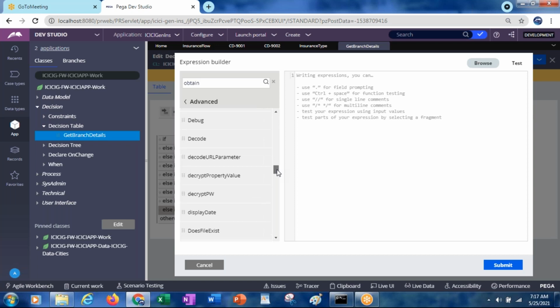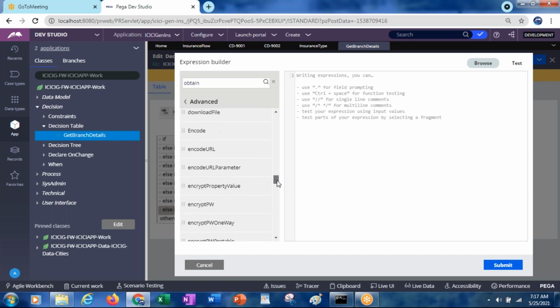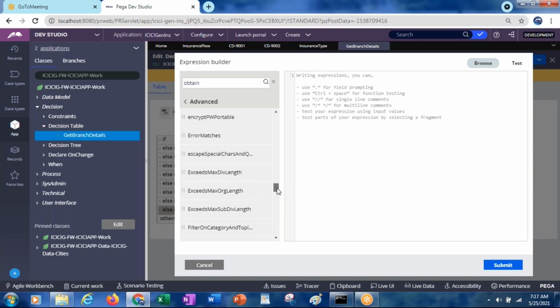The name is actually PX evaluate decision tree, or obtain value will be there.